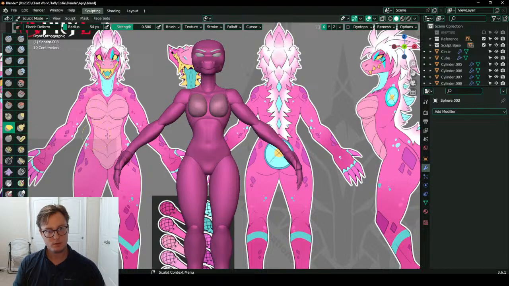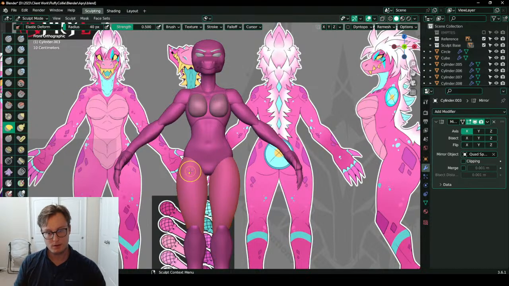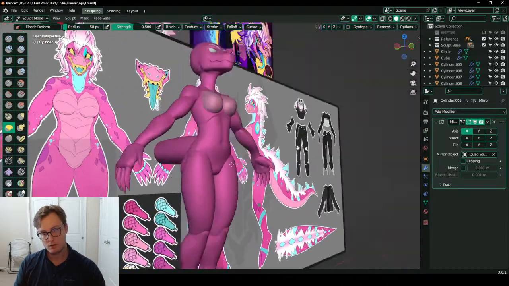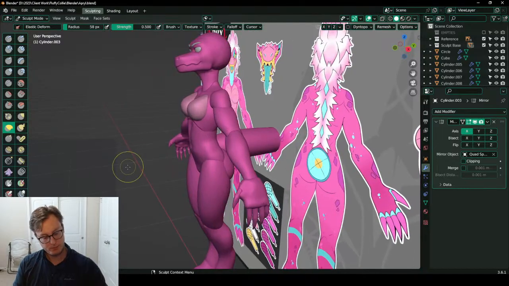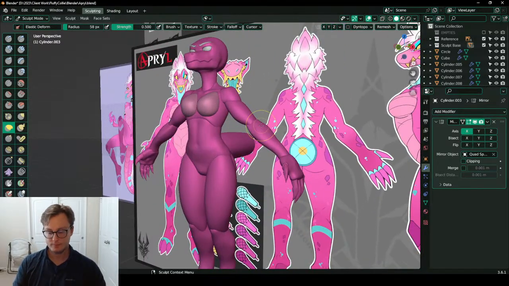All right. Her torso is still wider than this in the drawing, so pump that out even more. Her hips are wider than her shoulders. So too much upper body.